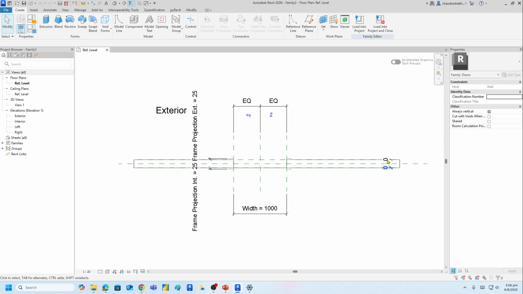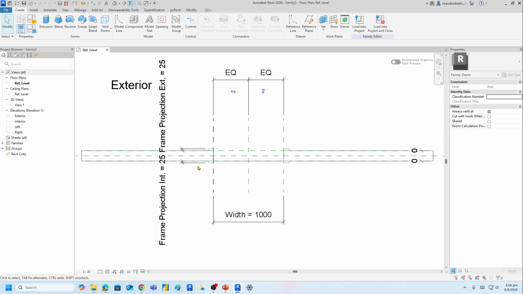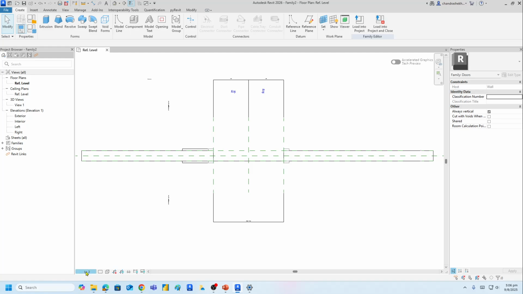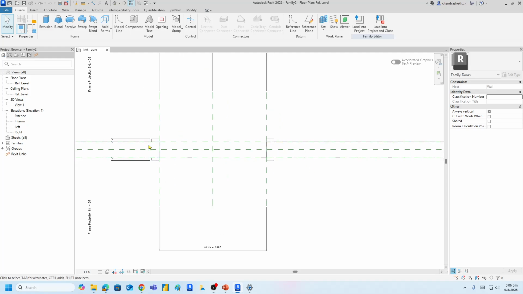So once you create the template, you will get this helper, which will tell you that there is a parameter created already inside the template called width, which is equal to 1000, and also there is a height which is equal to 2000. All right, we can reduce the scale of the text by making it 1 is to 5 or 10. So this is the place where we are going to insert our door shutter,